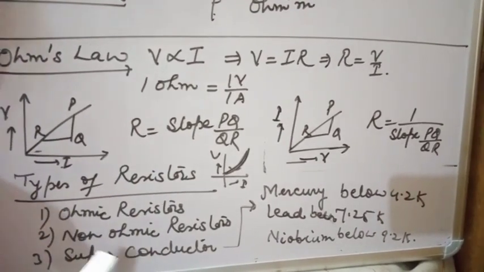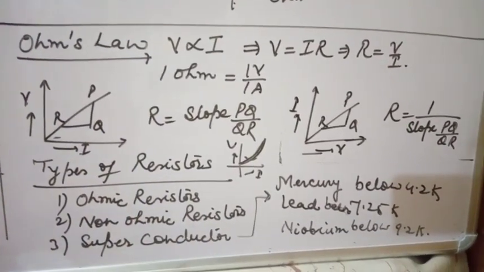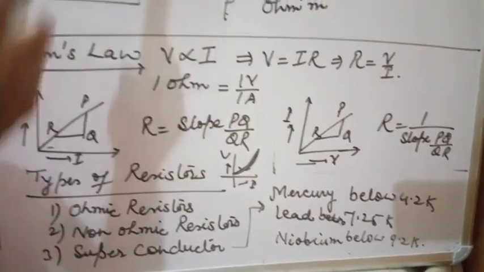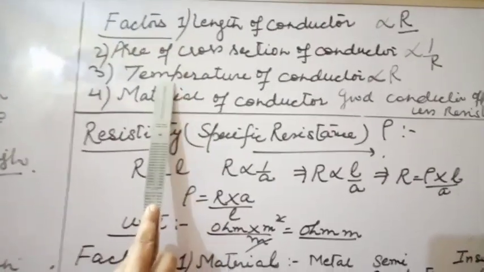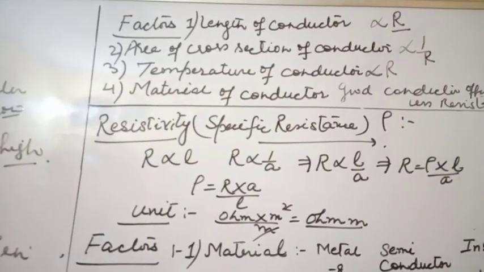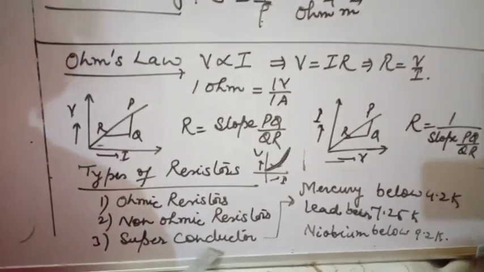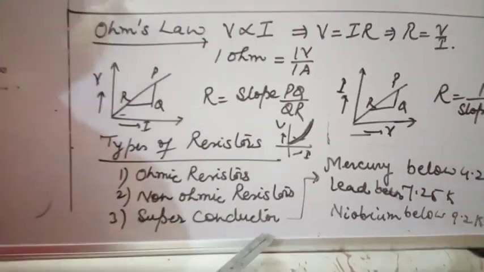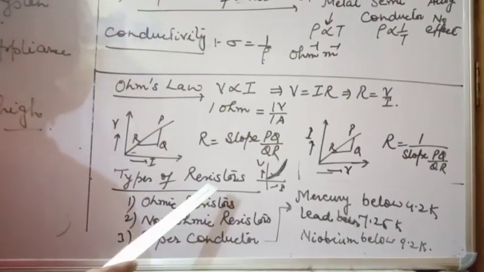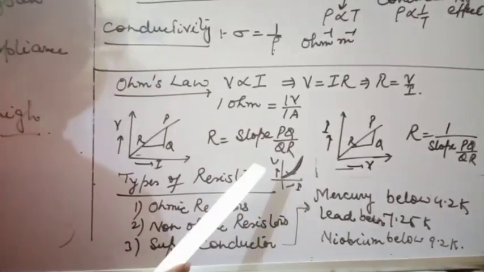Superconductor, as is clear from its name, is a conductor that is a super one, naturally whose resistance will be less. You have seen that a factor affecting resistance is temperature. I will pick this factor. If temperature increases, resistance increases. The reverse is also true. If temperature decreases, resistance will also decrease. The same concept applies to a superconductor. We decrease the temperature of the conductor up to that level where resistance will be 0. So a superconductor is a conductor in which resistance will be 0 at one particular temperature.